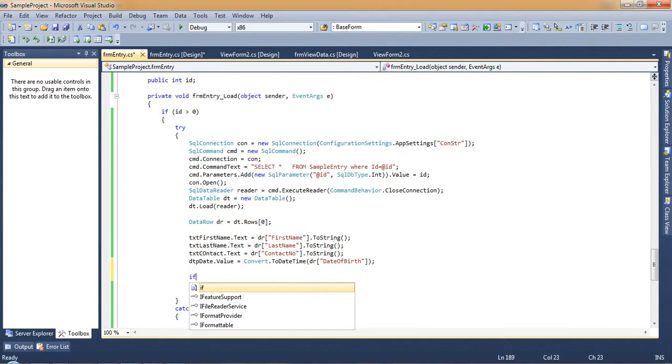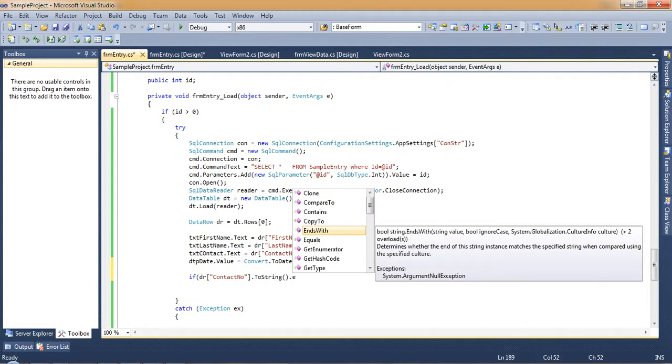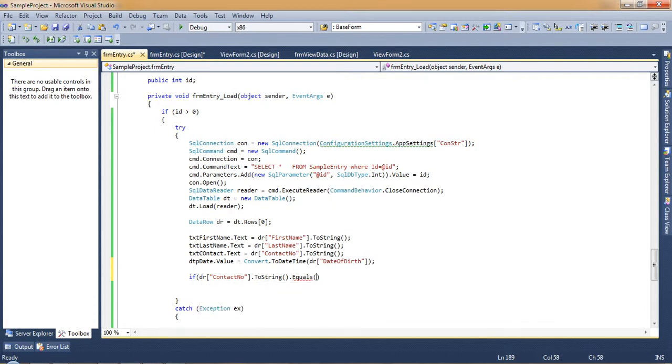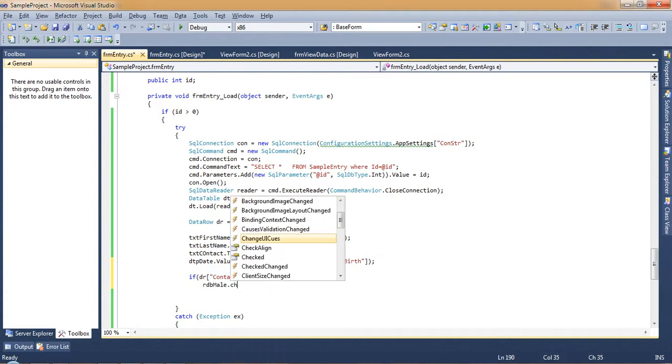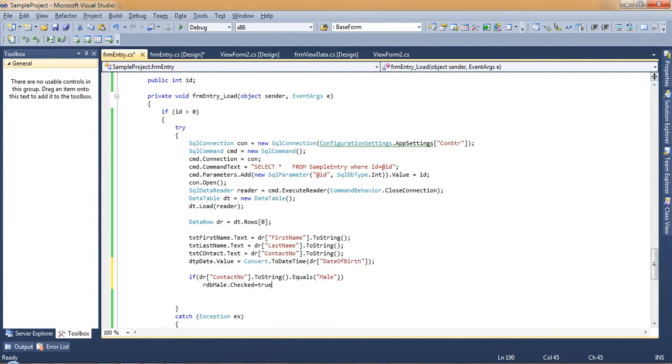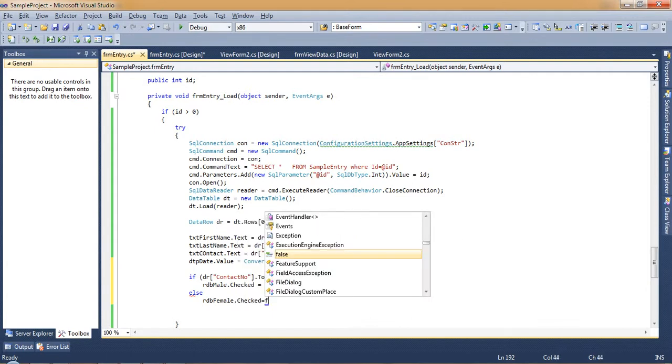So we'll check if dr gender ToString equals, how we are storing it, male as capital letter Male, then rdbMale.Checked equal to true, else rdbFemale.Checked equal to false.